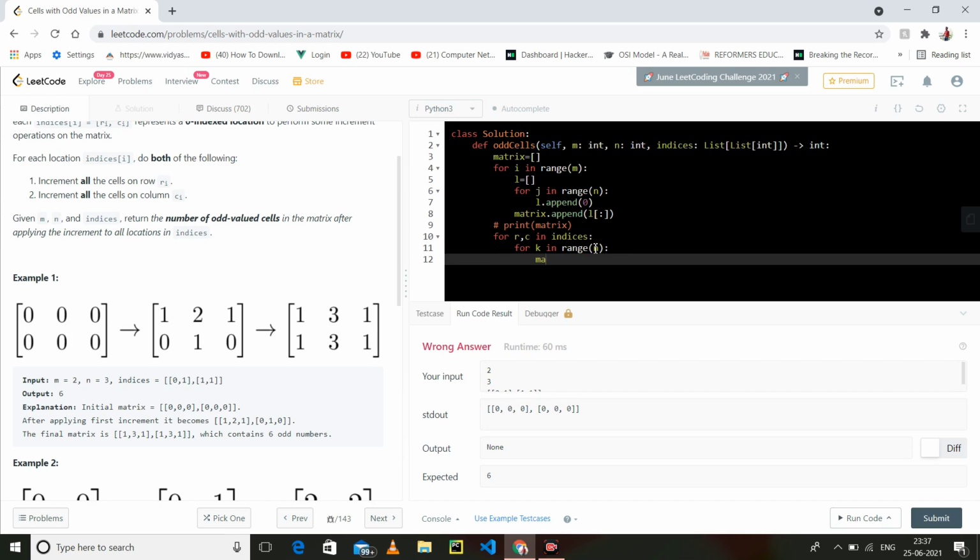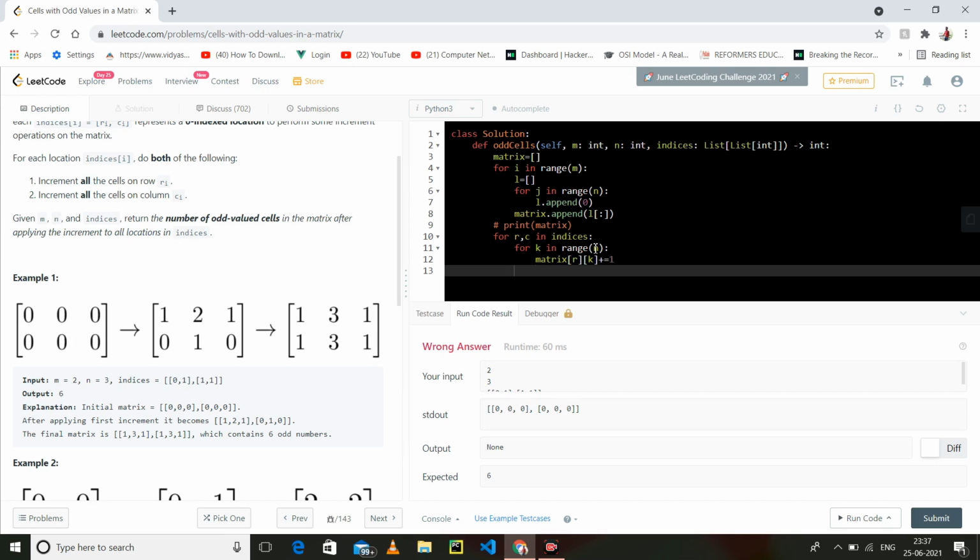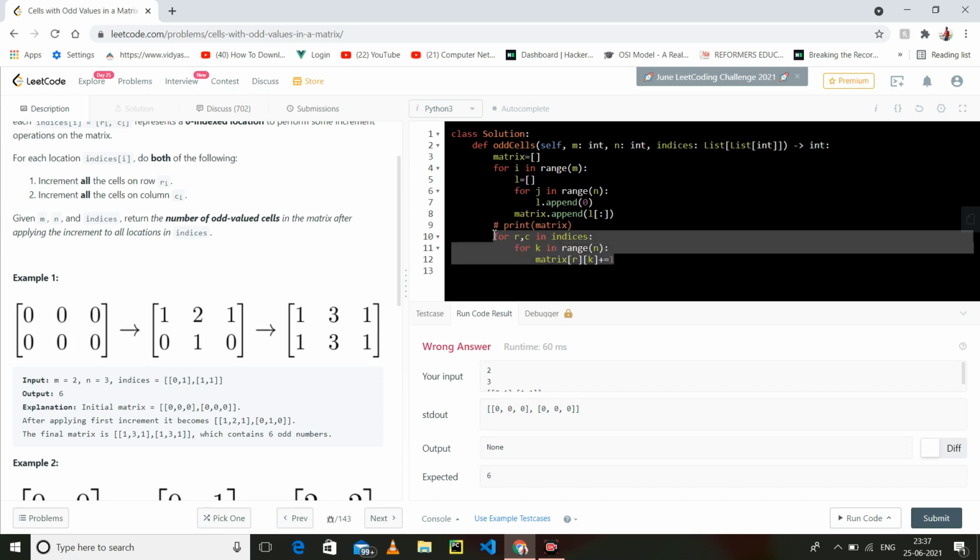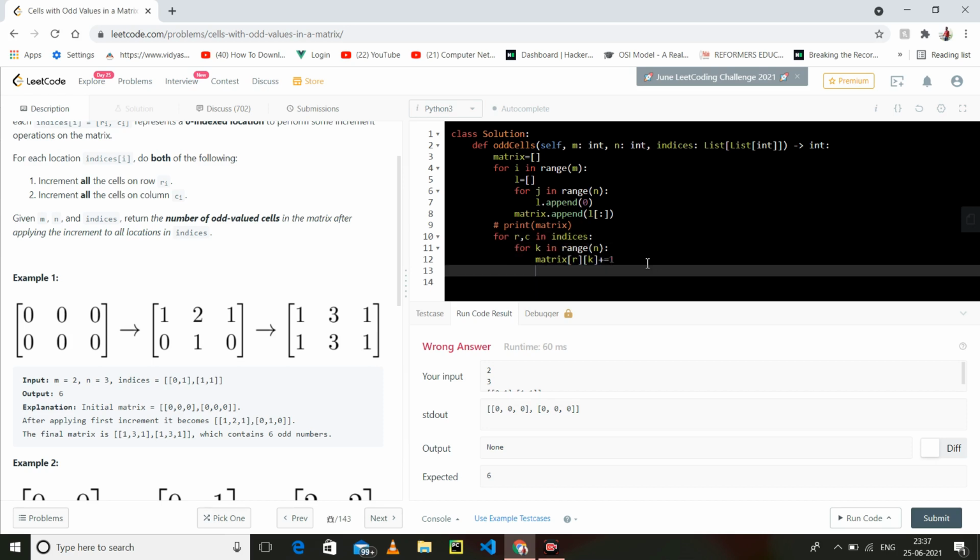So what is column? Column is n. And matrix of, what is our row? Row we have, and column is k. Column is k, yeah. Let's increment by 1, and we will do the same, but here we change row to column and column to row.